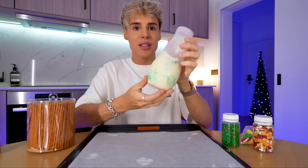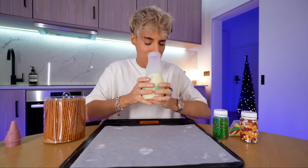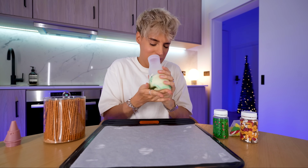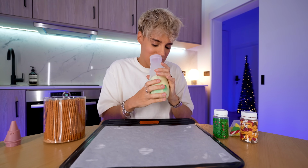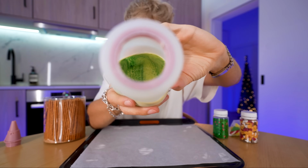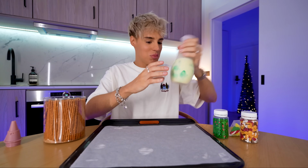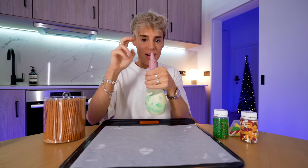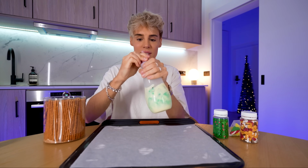Why is this sticking to the sides? Okay, it's happening on the inside. Wait, it's actually a really cool tie-dye effect. It actually makes me want to use it as it is. Can you see it on camera? It's like a really cool tie-dye effect. I want to use it like this. It looks so cool. So I'm going to put the lid on, and then we're just going to use this